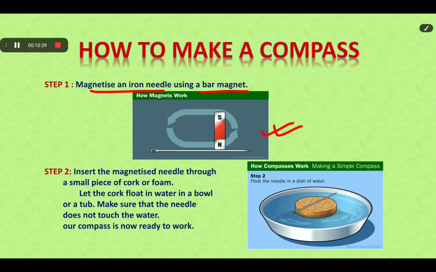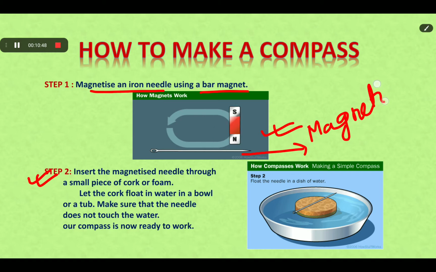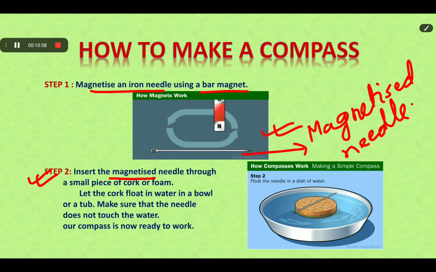Now, the second step is that when the needle is magnetized, this becomes the magnetized needle. Now, we have to insert the magnetized needle through a small piece of cork or foam, as you can see in the image. And now, we have to place this cork in water, in a bowl or a tub.